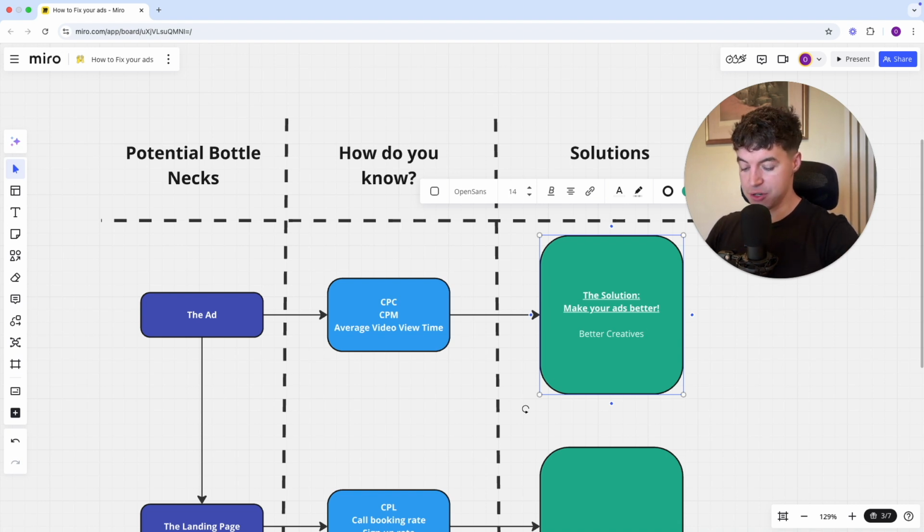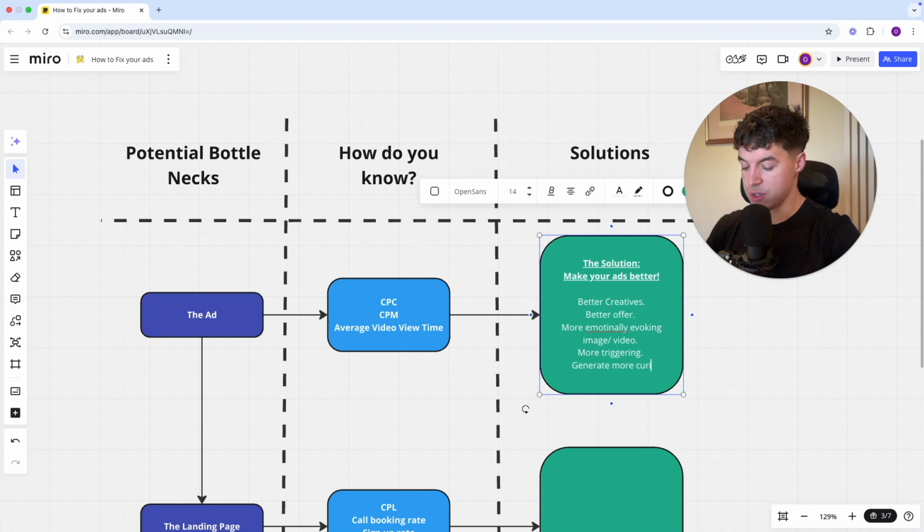So better creatives is going to probably be one of the first things that you should be looking at. If your creatives are subpar, then that's not going to be ideal. So how do we make our creatives better? So we could be pushing out a better offer through these creatives. Okay, we could have a more emotionally evoking image or video. This could be more triggering or generate